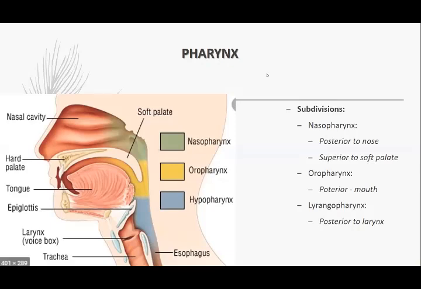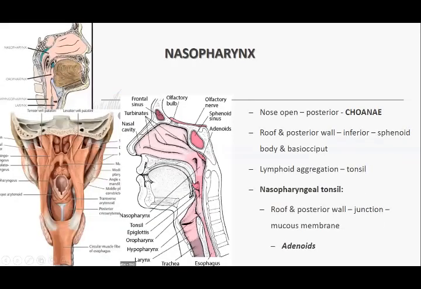सब डिविजन्स अब हमने कर ली, और वो है the nasopharynx behind the nose, and oropharynx behind the mouth cavity or the oral cavity, and a hypopharynx posterior to the larynx. ये blue part जो है hypopharynx का है। One by one let's do them, और वो है nasopharynx से start करें।